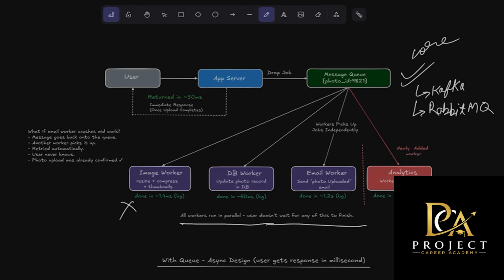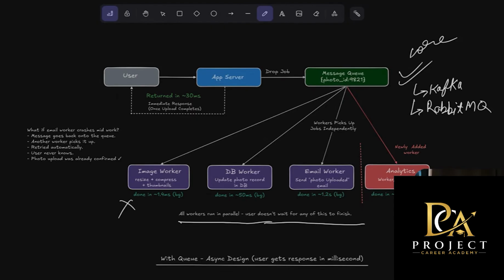Now, how will this architecture handle the traffic spikes? Look, imagine there are 100 users, now they become a million users, right? So servers can get overloaded. But when there's a queue here, all the incoming requests are sent to the queue. And as and when the workers process them, one after the other, the requests get processed. So the queue is also acting as a buffer.